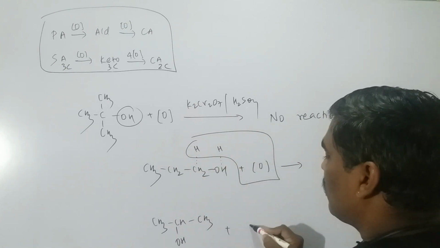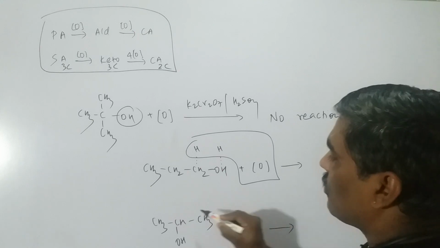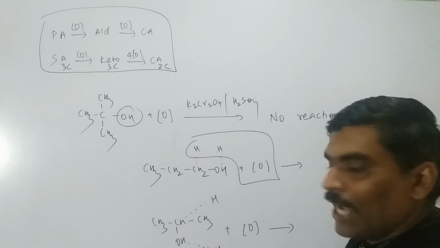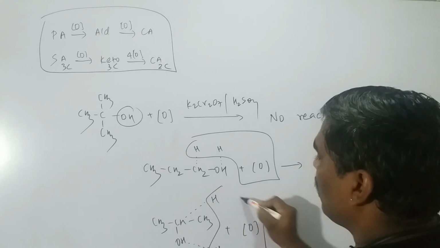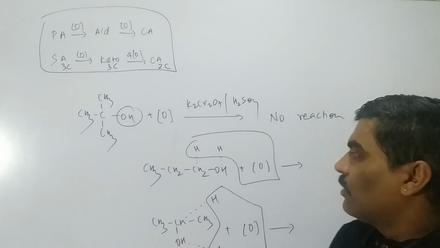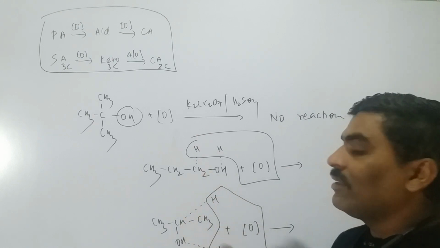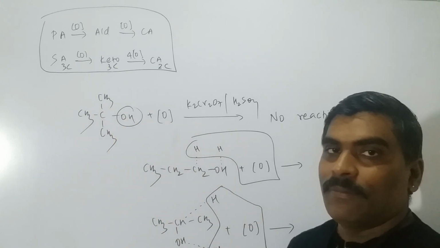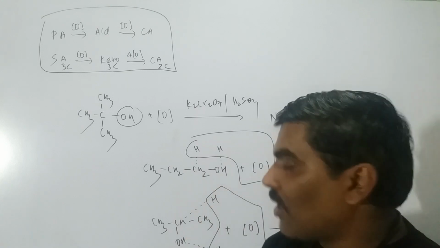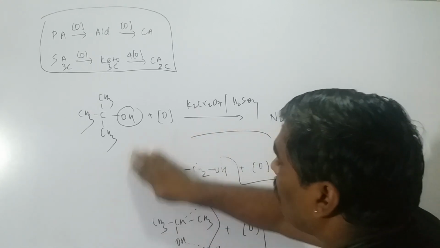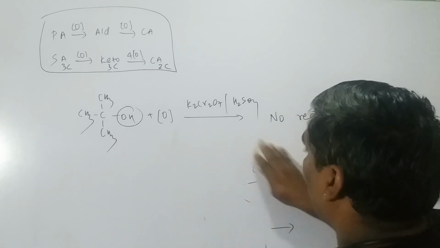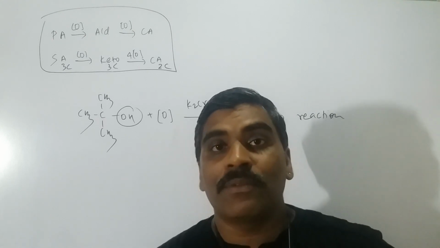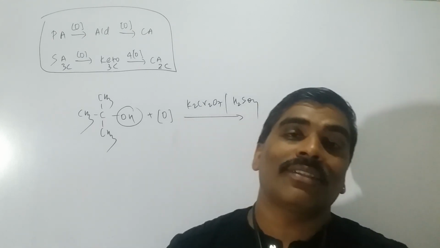In this case also, oxygen is there, but alpha hydrogen is a must, and here alpha hydrogen is not there, and that's why oxidation cannot be done. With acidified potassium dichromate and permanganate we cannot do it, but it can be oxidized using strong oxidizing agents